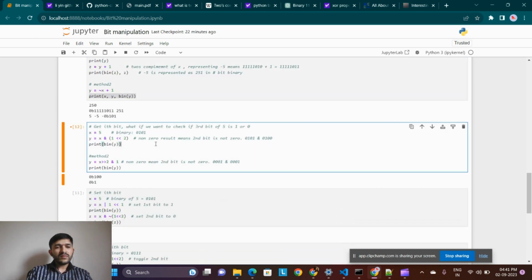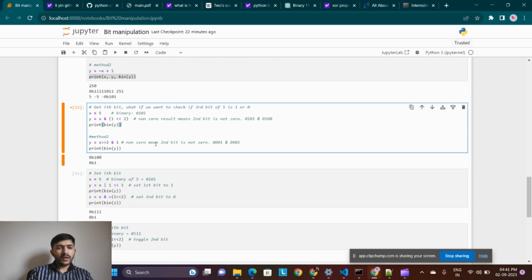Okay, another useful bitwise operation is, let's say, getting the ith bit. That is, you want to determine what the third bit of 5 is, whether it is set to 1 or 0. How can we figure that out? Let's say I have x as 5. Basically using the AND operation. If I want to check the second bit, starting from 0, of this particular binary number, which is the binary of 5,